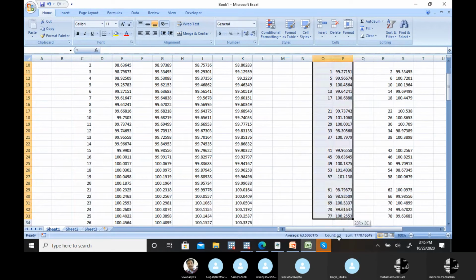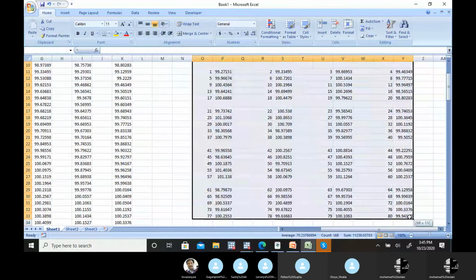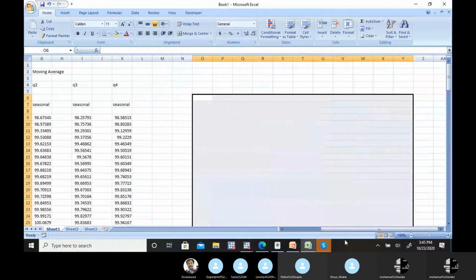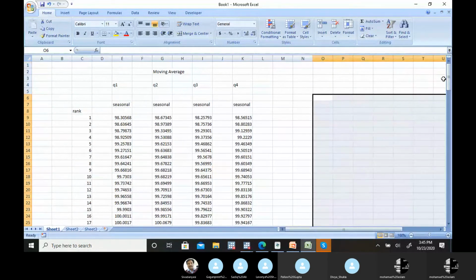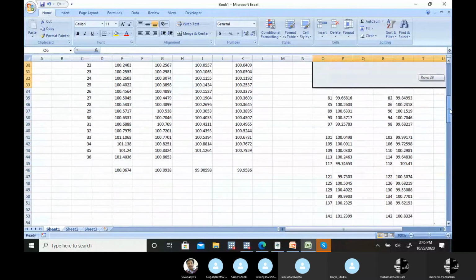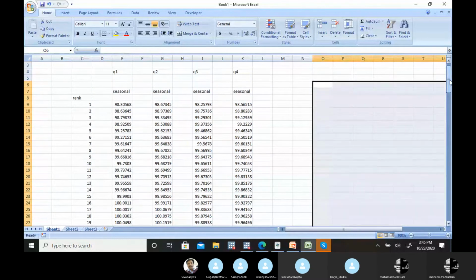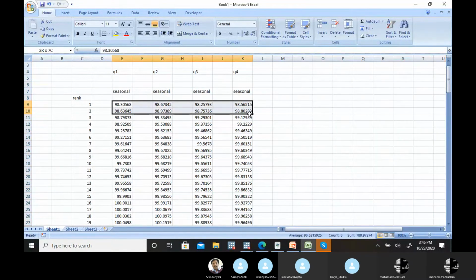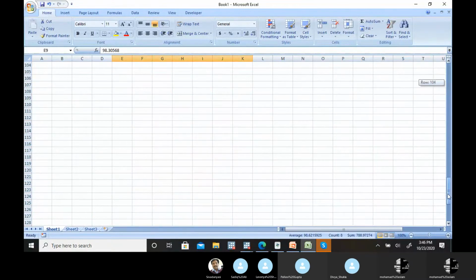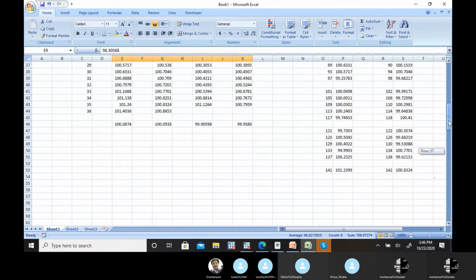So now we have these quarter values in a particular order. Since we have arranged them in an order, now we know the extreme values. These smallest ones are either the extreme values or the largest values.